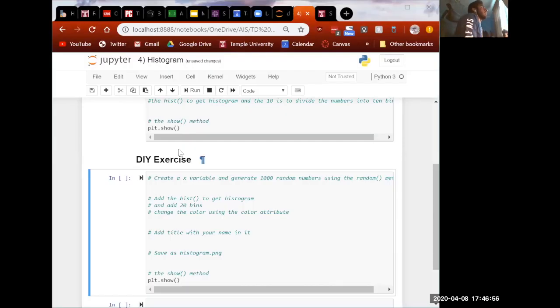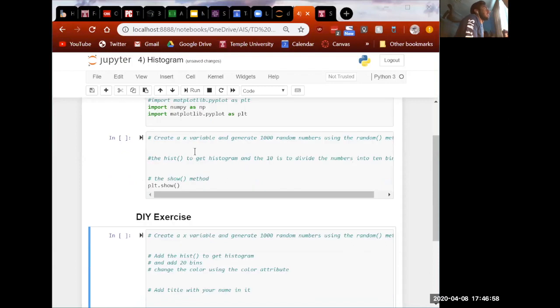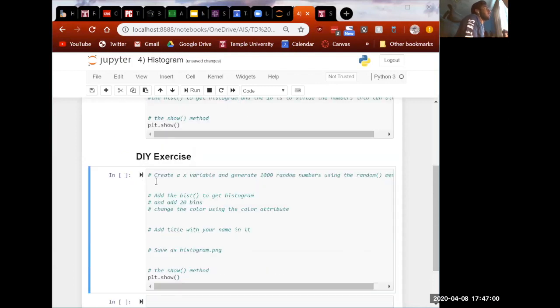Hey guys, my name is Sean Biju. I'm the Director of Community Engagement. As mentioned, I will be going over the do-it-yourself exercise for the histogram section. So after you guys have imported your libraries, we can create a variable x and generate 1000 random numbers using the random method. So to do this, you would do x equals